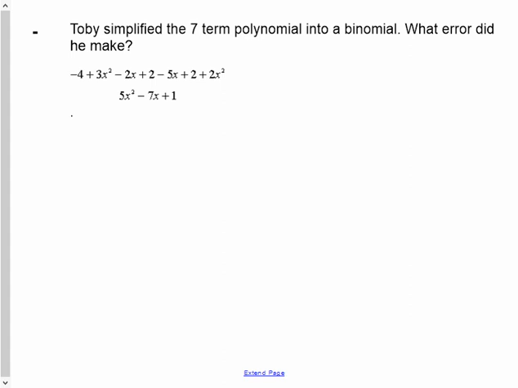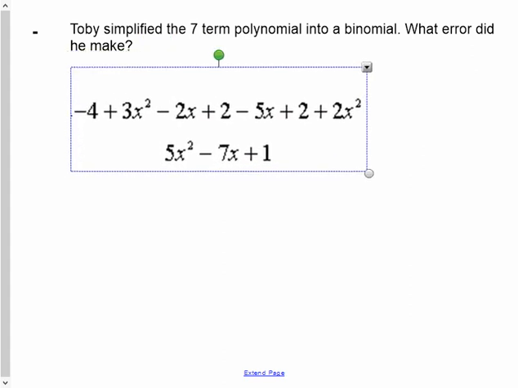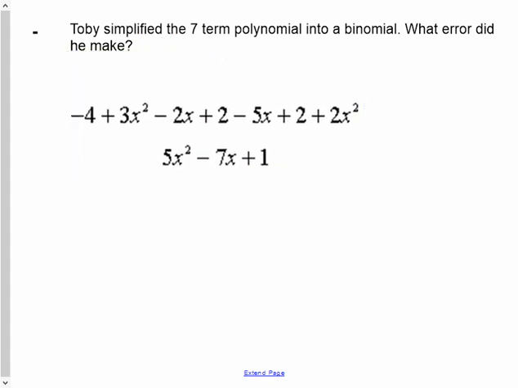Toby simplified the 7-term polynomial into a binomial. What error did he make? So let's look. Toby doesn't usually make errors. This is weird. So we have this 7-term polynomial above, and I'll take my highlighter,